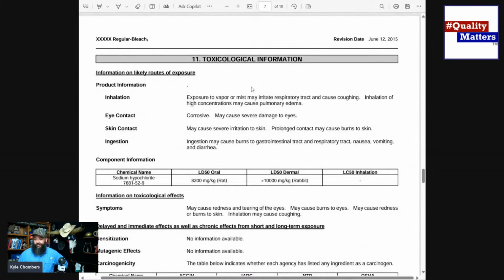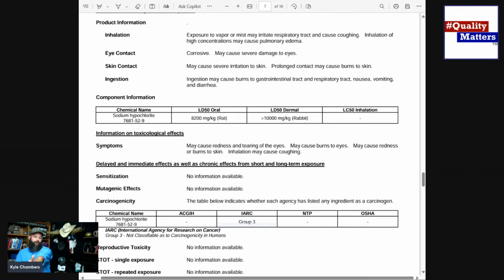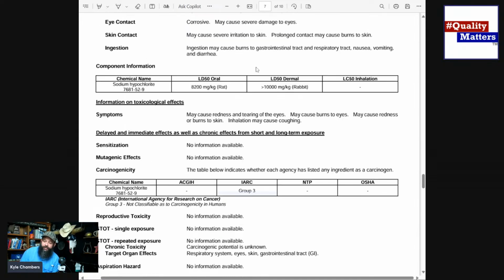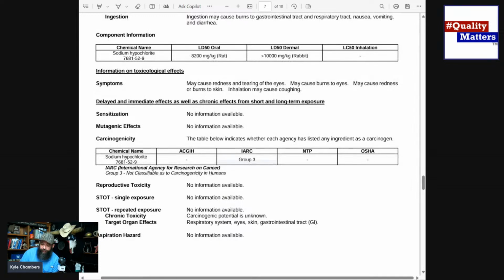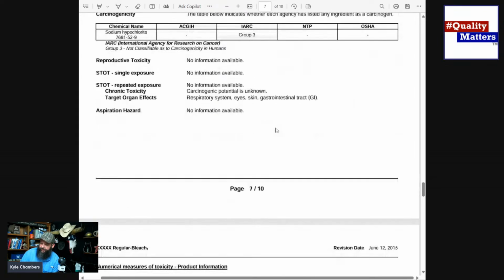Good stuff to know. Toxicology information. If you got something on you, I've run into this one as a safety manager. Guys get stuff on them, and some folks just immediately freak out, and they are terrified that they're going to have some lifelong issue that they now have to deal with, and they want to know right now what they have to worry about. The information's here, folks. You can tell them. You can tell yourself. Get yourself put at ease, or know if you need to do something. Target organs. Gastrointestinal tract. It's going to eat your insides up. I wouldn't be drinking bleach if I was you.